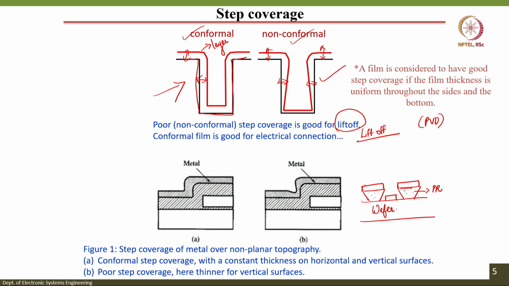So the thin film deposited above your resist coated wafer would look like this. And now when you dip this entire structure in acetone, which as we all know is used for stripping or removing photoresist above your wafer,